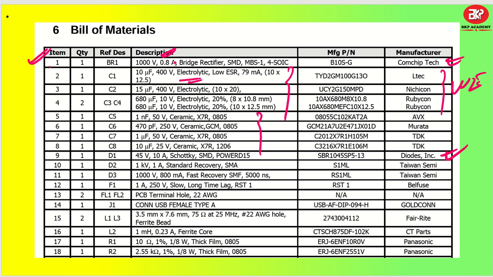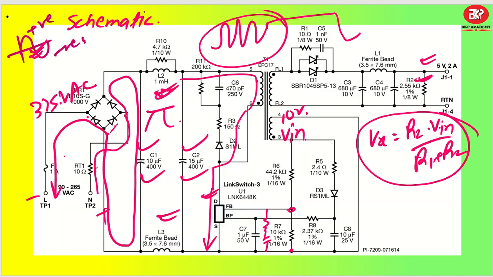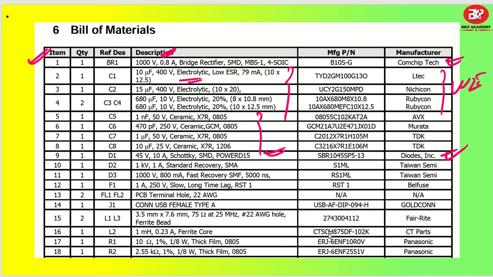We have Diodes Incorporated, where one Schottky diode is used, which is 45 volt 10 ampere rating. So why 45 volt 10 ampere rating, which is D1? If you come to the circuit, this is my D1, right? The output voltage is 5 volt, so this breakdown capability of just 45 volt is more than enough. If you want you can reduce to 30 volt also, but I suggest going for 45 volt or a little bit higher itself. Do not reduce this specification. The rest of the parts are almost very easy.